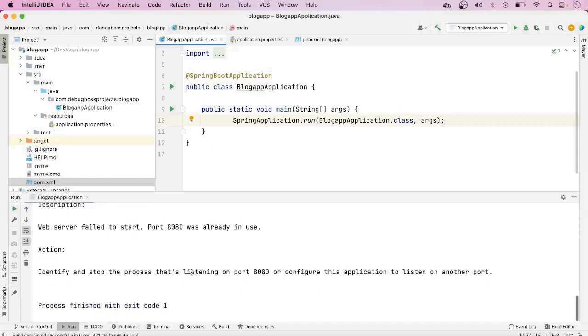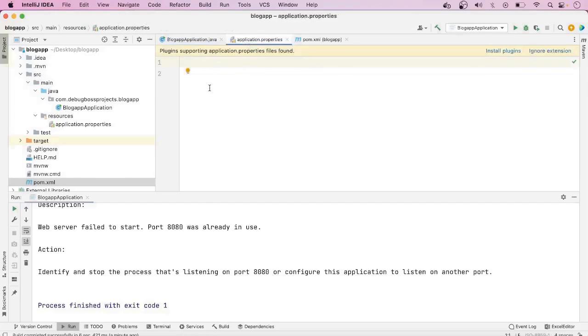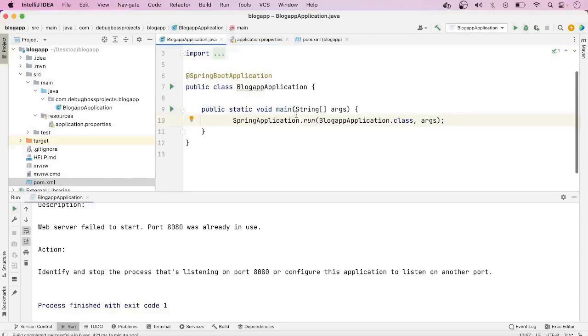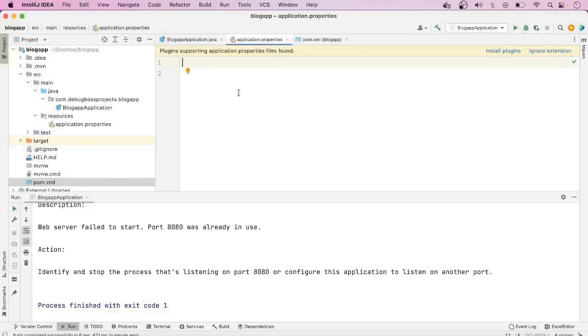So if we want to run this application, then we have to pass some other port on which we want to run the application. So here we have two options. One option is that we can check what application is running on this 8080 and simply stop that application. And the second option is we can simply go here and pass the port on which we want to run the application. We can also pass the port here, but this is not the right approach to mention the port. So simply go to this application.properties file and here type